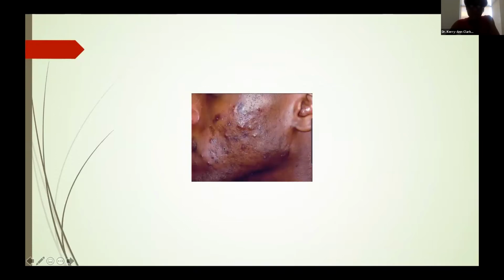This is another patient. This is probably more the category of moderate to severe acne. This patient is having more pustules, the erythematous papules. So you're not really seeing as much redness, but like I say, you have to appreciate that the normal skin is a little less red than this. So it's more violaceous. This patient, even after treating and getting rid of all these papular lesions, you're still going to have significant hyperpigmentation left. And this patient also has a significant amount of acne scarring that at some point would have to be addressed.